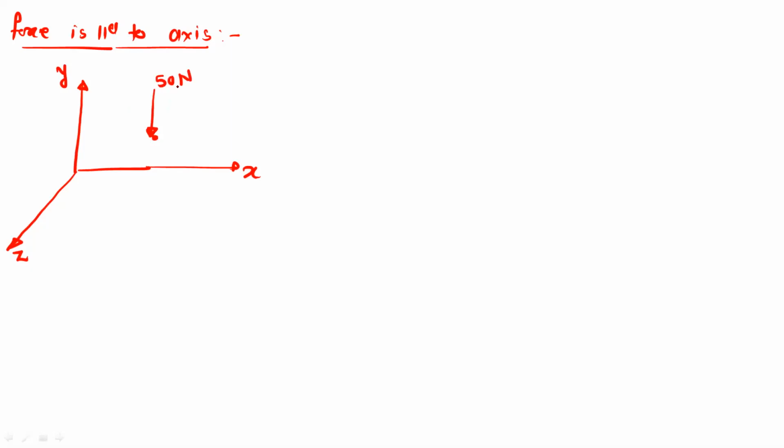Okay. So as the force is parallel to the y-axis, when we write the force in three dimensions, this is F bar, equal to the magnitude as it is, 50 Newton. Okay. And just multiply by the unit vector along the y direction, because the force is parallel to the y-axis. So along the y direction, we have the unit vector j. So multiply 50 Newton by the unit vector j. Okay. And specify the direction. So the direction is the negative y direction. So take the sign as a minus 50.